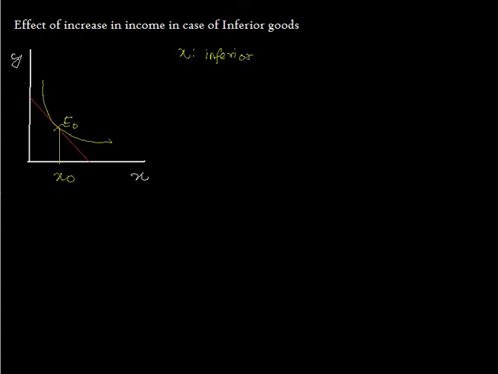Now suppose your income has increased. When income has increased and x is an inferior good, you will be demanding less of x. Because you will be moving towards a superior commodity, you will be demanding more of y. But you won't be demanding more of x because your income has increased and you can afford a superior commodity. So what will happen is that you will have a new